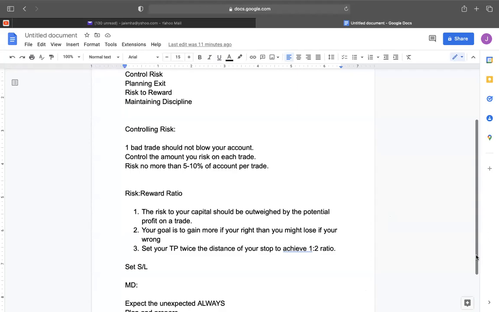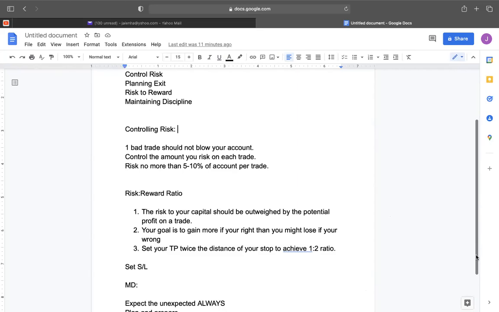So what I mean by that is, if I'm risking $1,000, I at least want half of that, right? Or I'm not even going to consider the trade. So if I'm risking $100 to make $10, to me, that's just not a good risk to reward ratio. I don't know about you guys, but to me, that just don't make sense. Why am I risking $100 to make $10? You know what I mean?